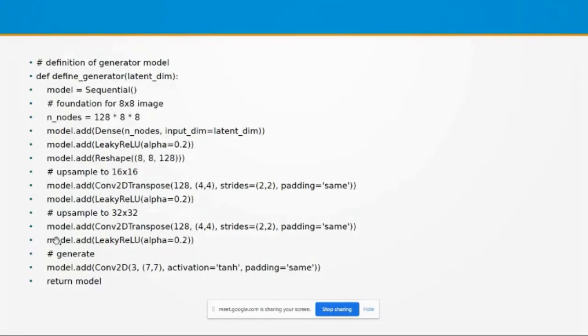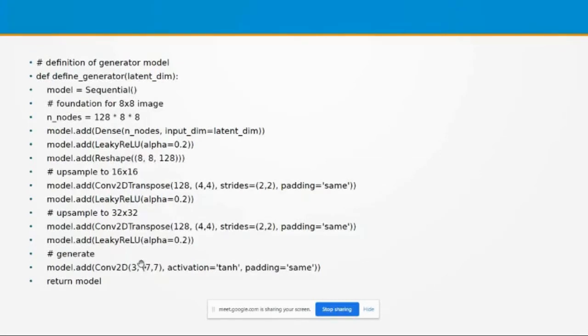That means after executing this particular statement, this model comes up with a color image of size 32 by 32. I have to generate an image of size 32 by 32, and that is the reason I start from 8 by 8, then 16 by 16, then 32 by 32.